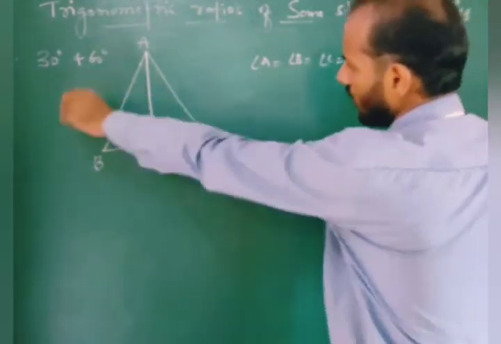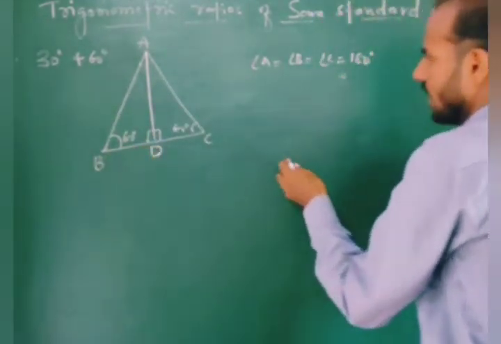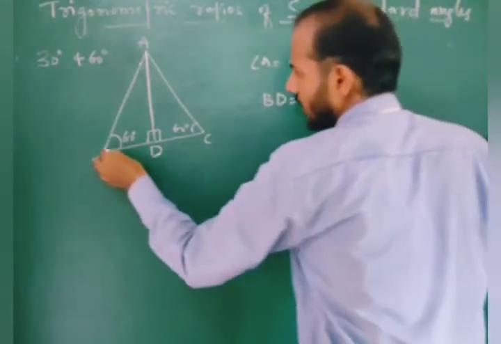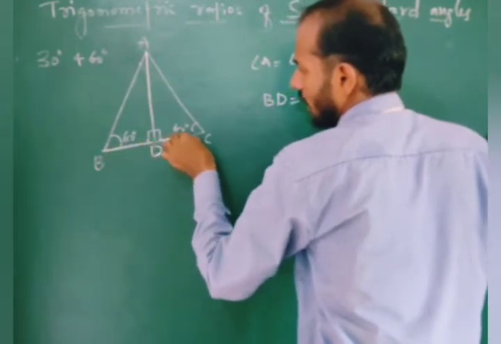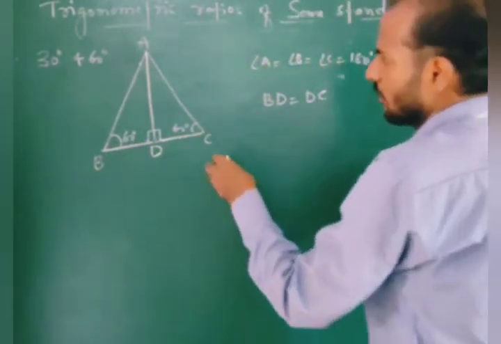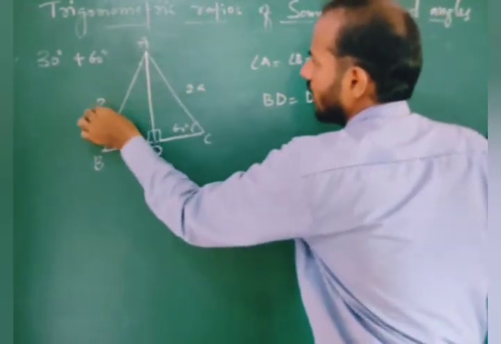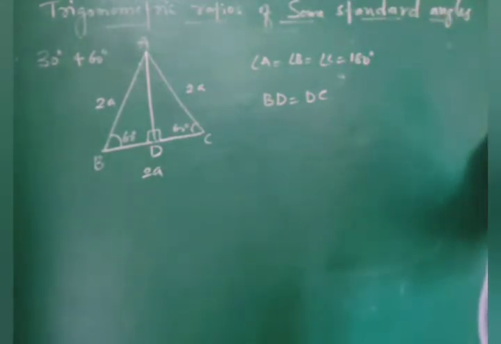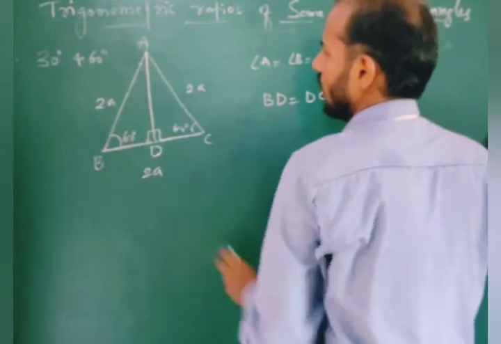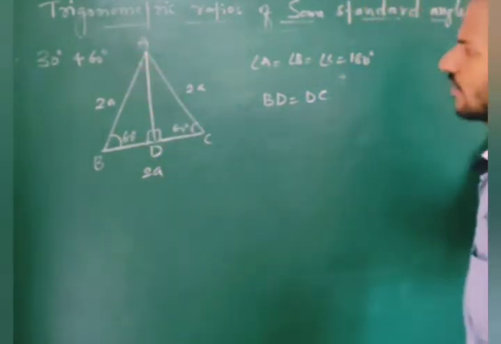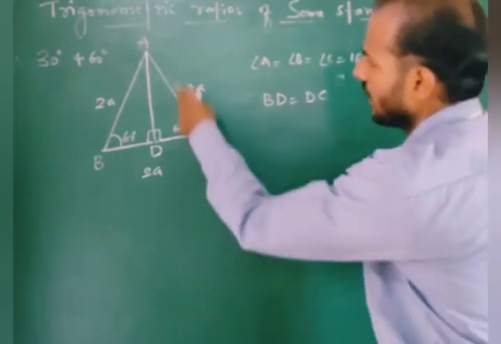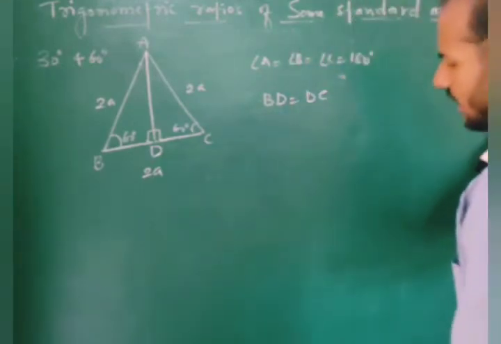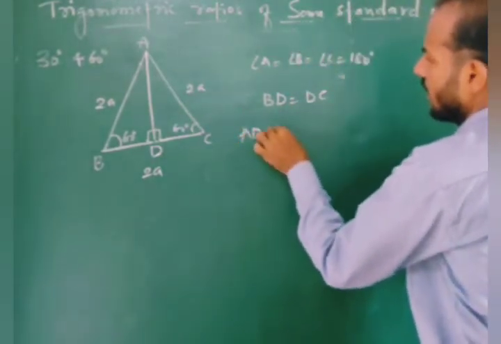Now, BD equals to what we get here? BD equals DC. If it is an equilateral triangle, usually I can take this side is 2A, this side is also 2A. All three sides are equal here. Equilateral triangle means 2A, 2A, 2A. If I bisect this equilateral triangle by AD, where AD is what? Where D is what here? Where AD is bisector of